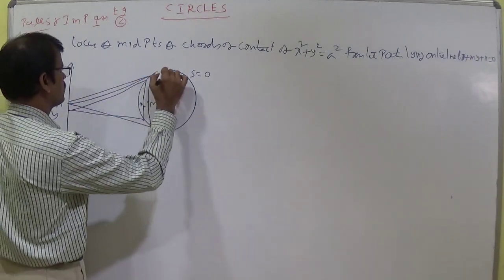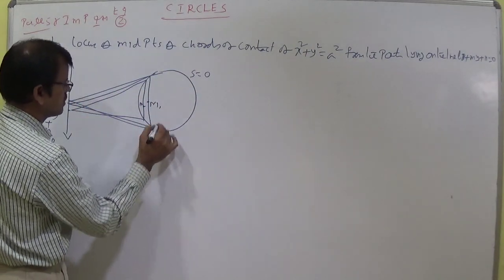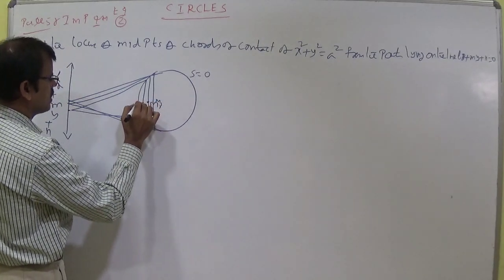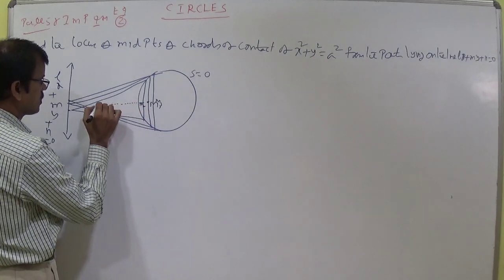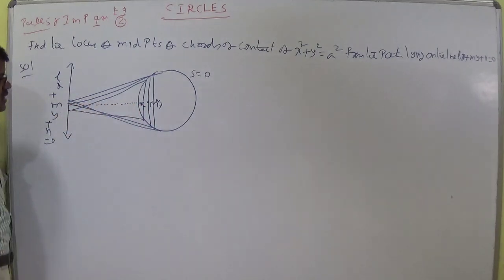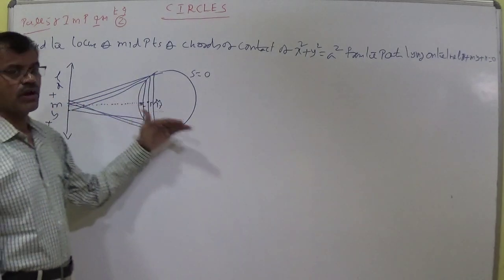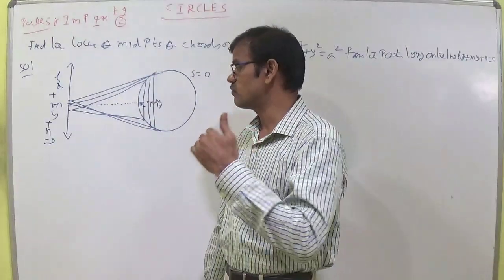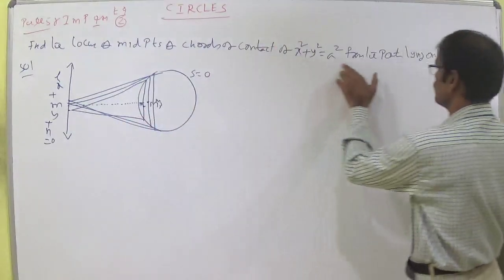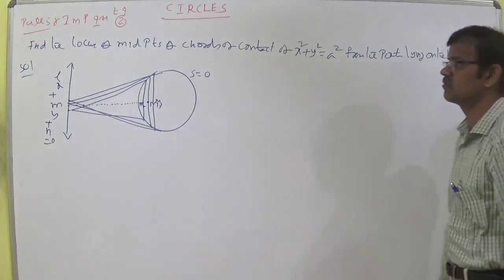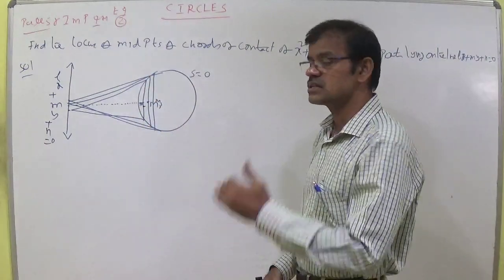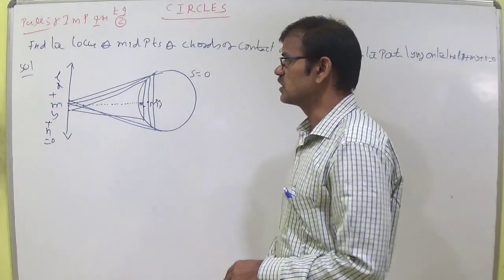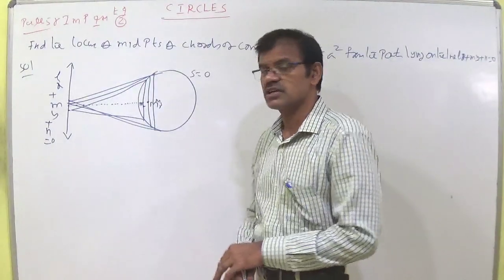In the similar way, join like this. This is the chord of contact. This is M3, like that. Locus of midpoints. So what is happening is in the way of a polar. So poles lie on the line Lx plus My plus N equal to 0. He has given the question indirectly: from the points lying on the line Lx plus My plus N equal to 0, the locus of midpoints of chords of contact is nothing but a polar. So the pole lies on the line Lx plus My plus N equal to 0. If you know the indirect concept, you can understand the sum easily.